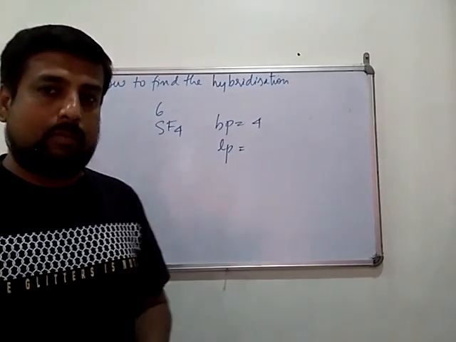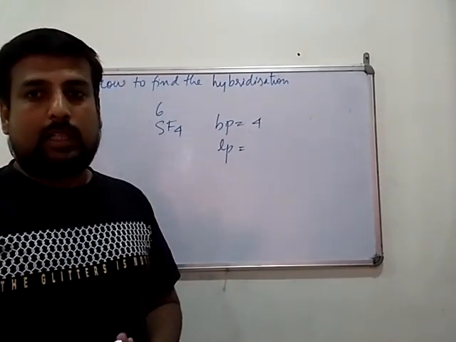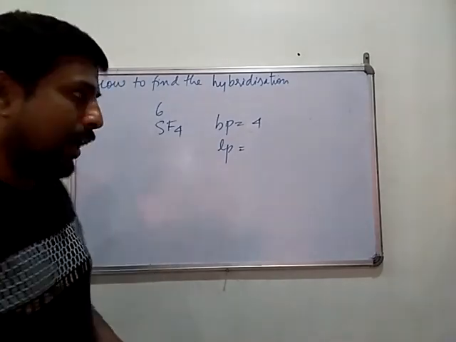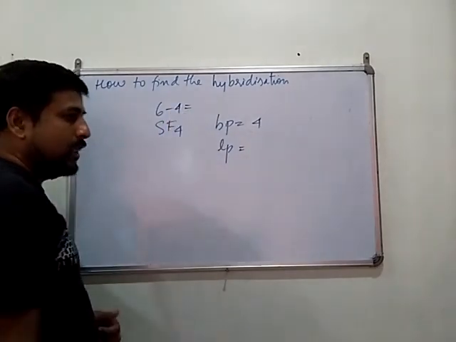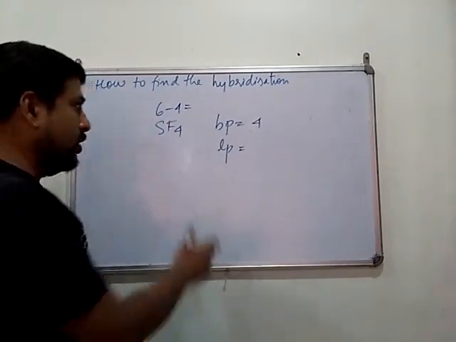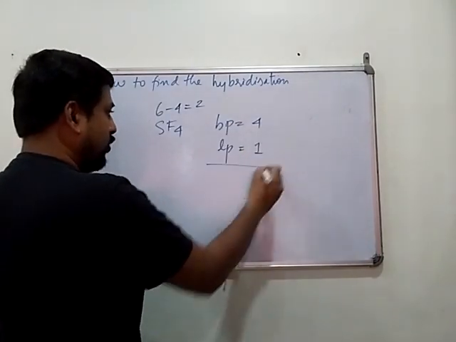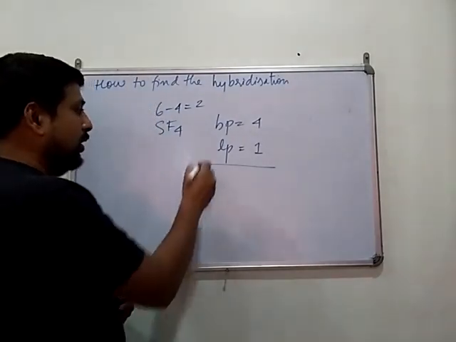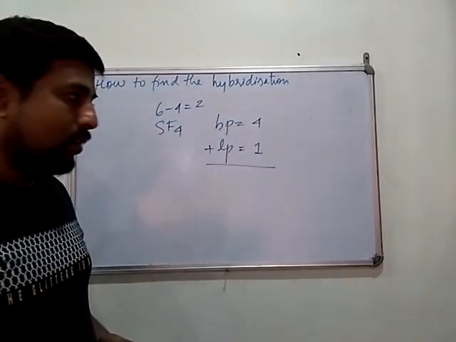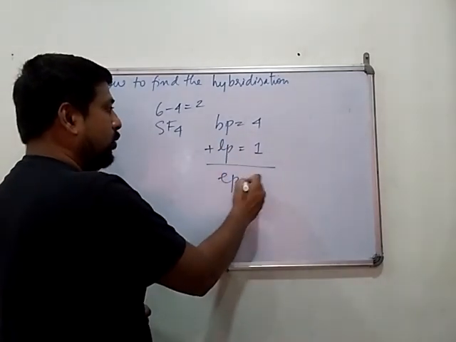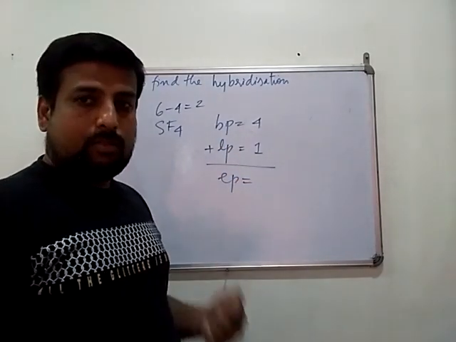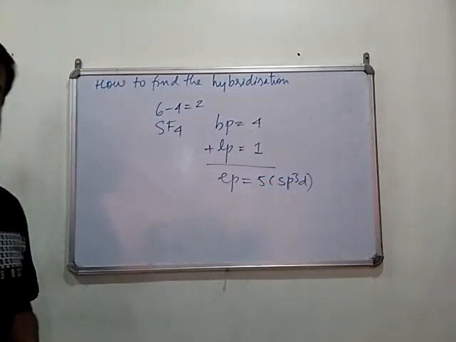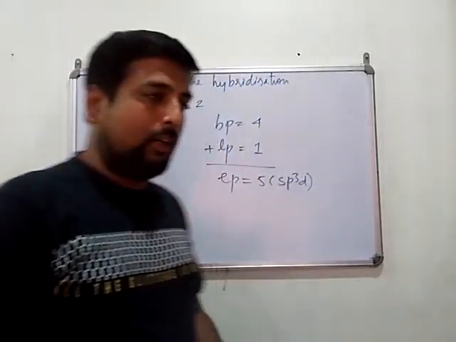That depends on the valency of the surrounding atom. Fluorine is monovalent, and hence 1 electron will be shared per fluorine. There are 4 fluorine atoms, so 4 electrons will be shared, and out of these 6, 4 are shared with 4 fluorine atoms, leaving 2 electrons, and 2 electrons give you 1 lone pair. So in this way the lone pair can be found, and addition of this lone pair and bond pairs will give you the electron pairs known as steric number, and this is 5. 5 means what? Again it is sp3d. So in this way you can find hybridization in such kinds of molecules.